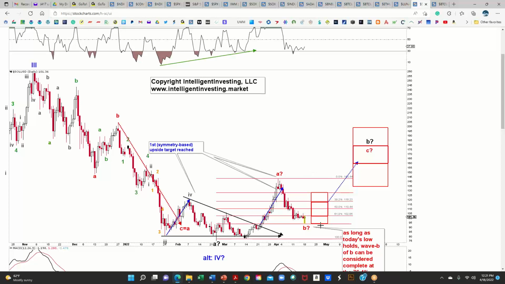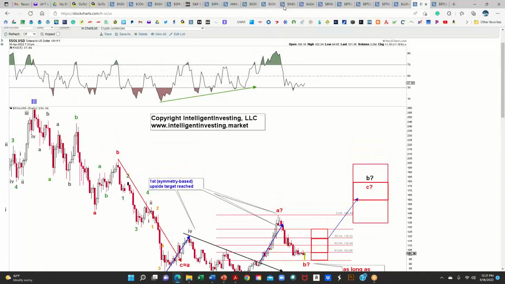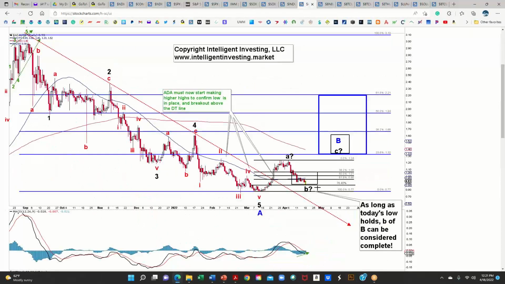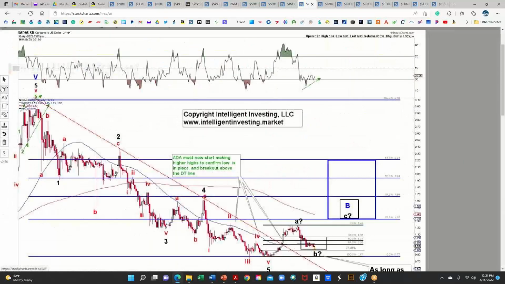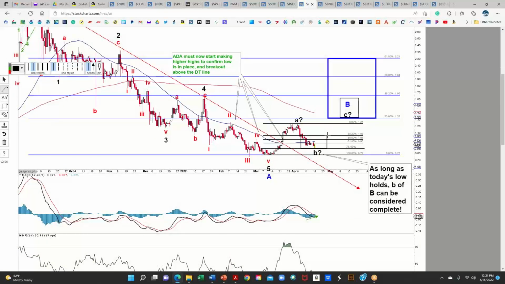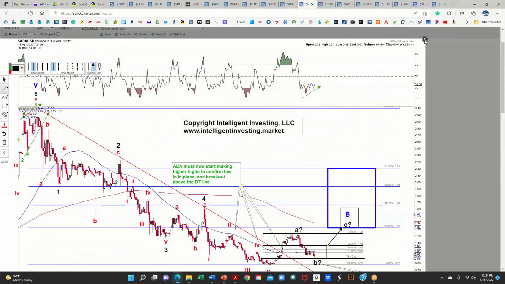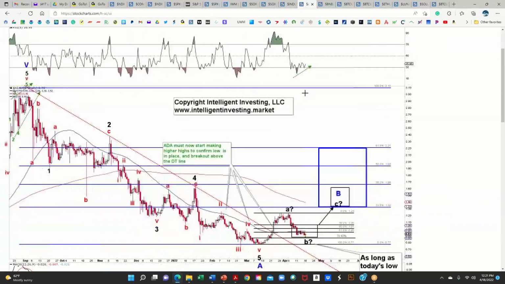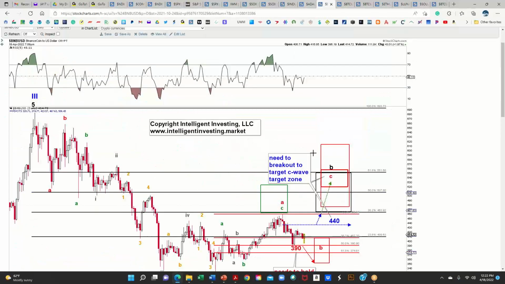We've reached the lower end of the ideal B wave target zone. And so far, as you can see, the 76.4% retrace did exactly what it had to. So quick recap. Cardano bottomed so far where it had to, should now be in this B wave bounce. What does it take for this B wave bounce? I really want to see it go back above, I would say $1.06, and then we can target $1.32 till $1.60. Okay. We have nice positive divergences, but that's a condition, not a signal.